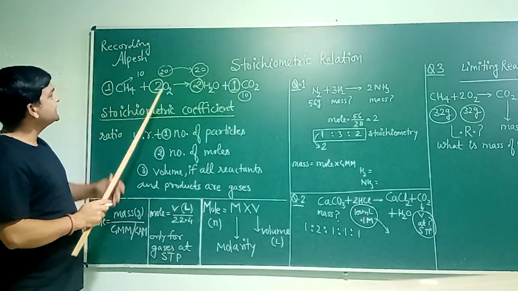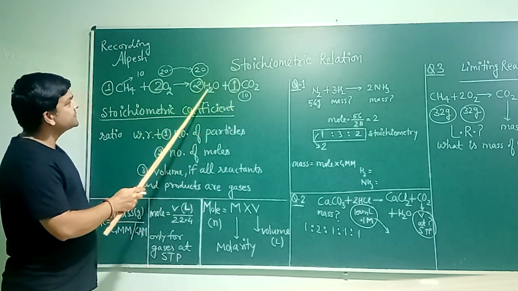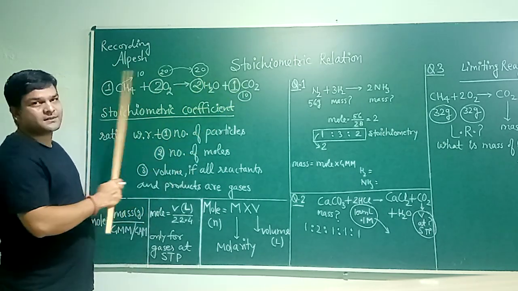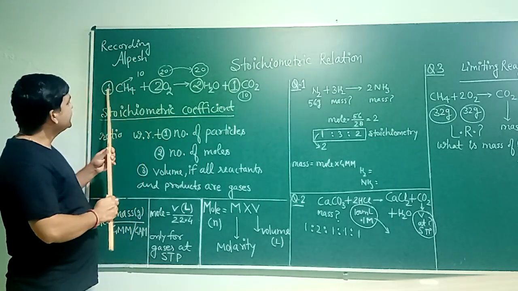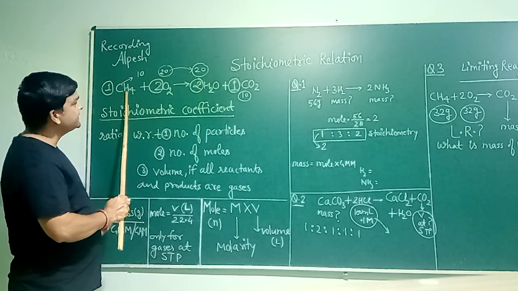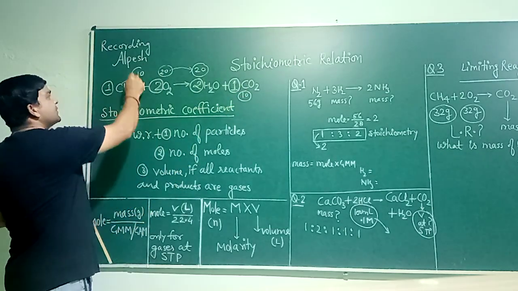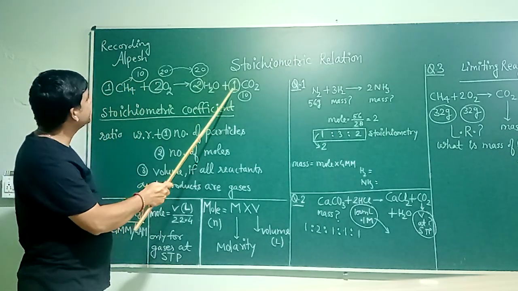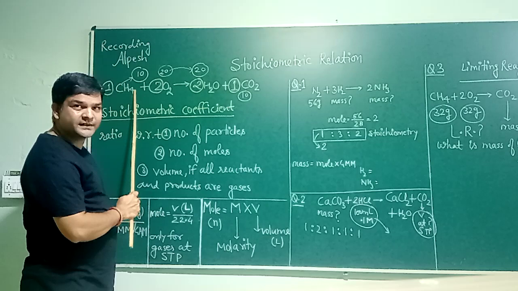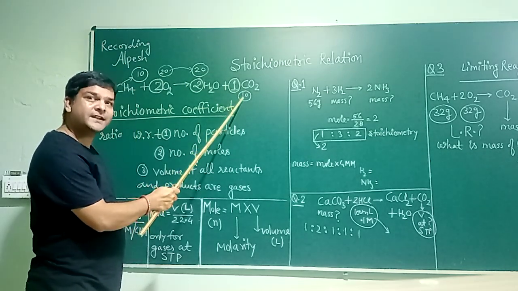Now it's not compulsory to calculate water with oxygen or carbon dioxide with respect to water. The ratio is applicable to all possible given reactants and products. Look at here, it is 1:1 for methane and carbon dioxide, and similarly you can see 10 moles of methane react in the chemical reaction. The ratio is the same 1:1. So if 10 moles of methane react, the amount of carbon dioxide formed is also the same, 10 moles.